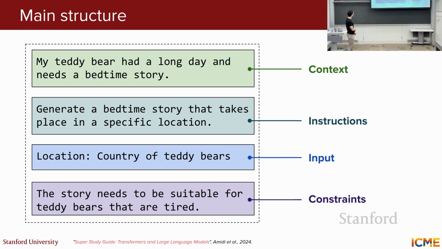The context is: what is the teddy bear? Basically, what is the mood of the teddy bear? What do we want to do in order to make our teddy bear happy? And then we give some inputs regarding where the story that we want to generate is, and then we give some constraints. If you want some other example in the LLMs that you query every day, the context could be